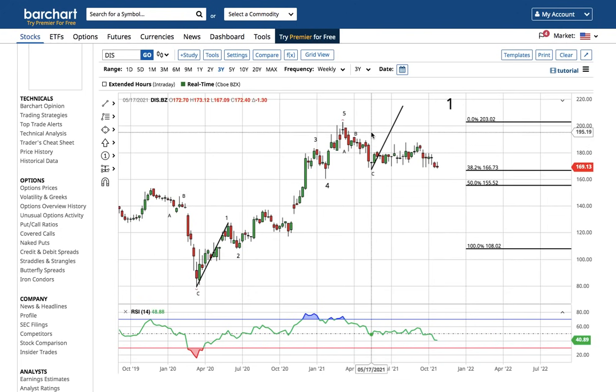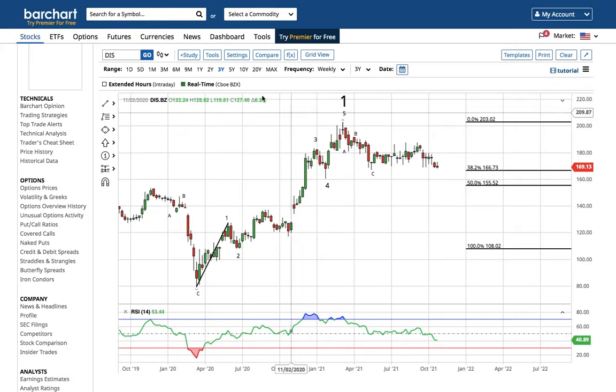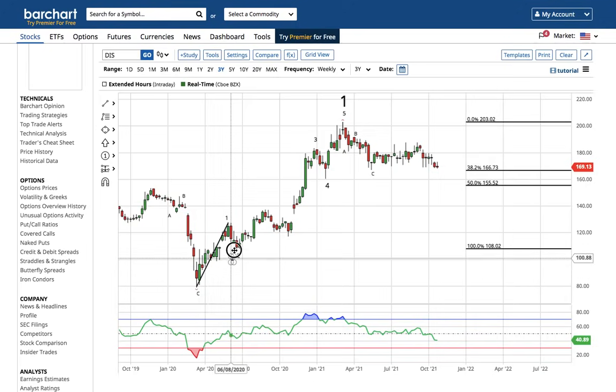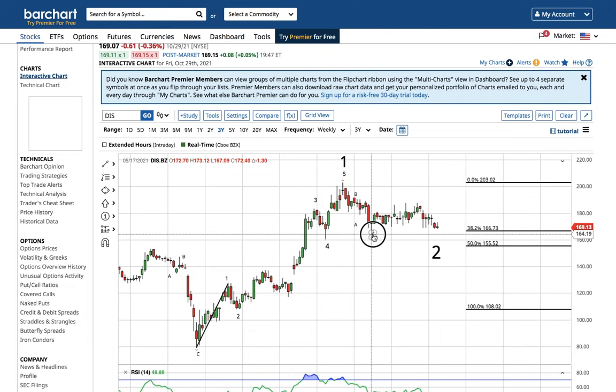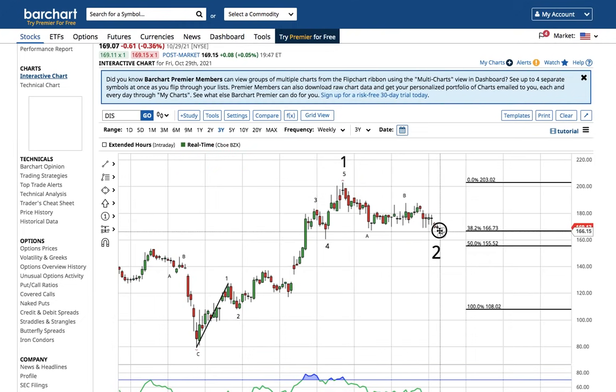Okay, since Disney's really close to this low, I think it's important to prepare for the idea that this could be a wave 1, and any lower in Disney would be the generational buying opportunity that we were talking about, where this could be all wave 1. And so if Disney goes any lower, certainly if it went below 155, the only way to count this is that this was A, B, C, and then this is the generational wave 2 low that we were talking about. All right. It's yet to be seen. If Disney goes below 155, that would be the only way to count Disney.